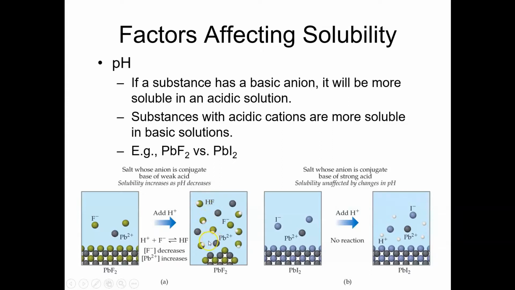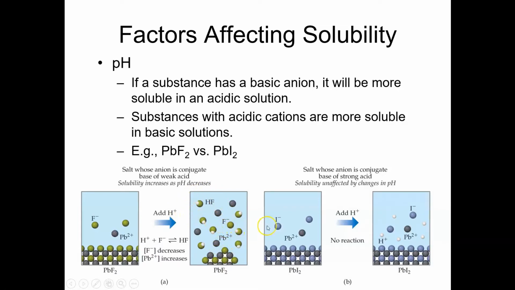The result of that is now you are removing fluoride ions, that is product ions of the ionization of the solution. You're removing some of the product from the reaction by converting it into HF. That will cause more of the lead fluoride to go into solution. So they're trying to demonstrate this pictorially here. Here you're at equilibrium, tiny amount of lead fluoride has gone into solution. But now when you add H+, it effectively removes these fluoride ions from solution, and therefore you're removing a product that's going to drive the equilibrium forward. More lead fluoride is going to go into solution to try and replace those fluoride ions